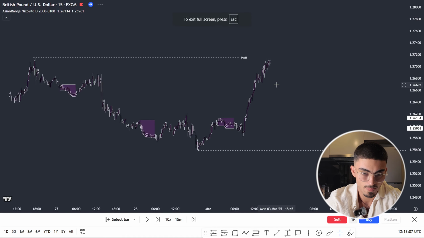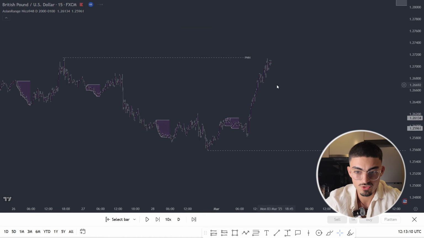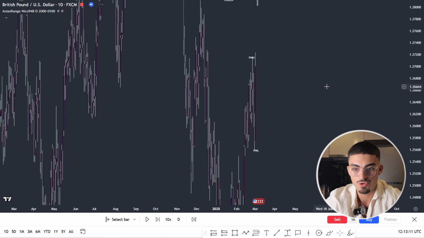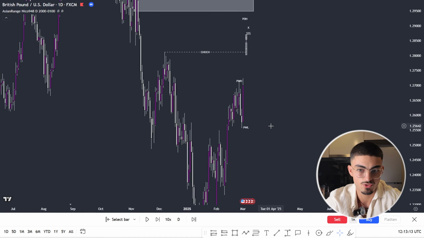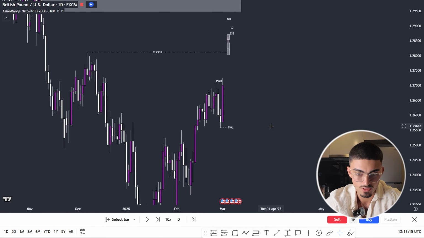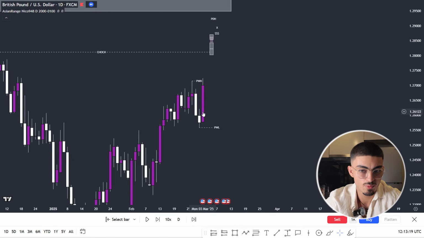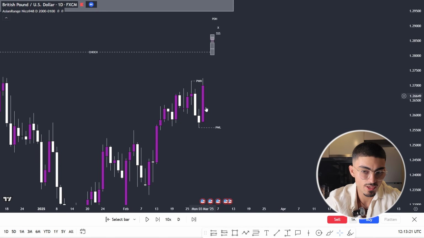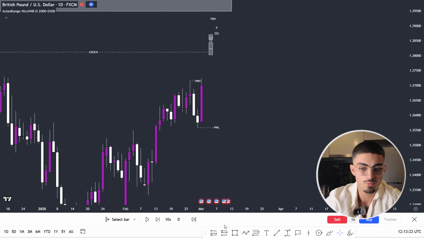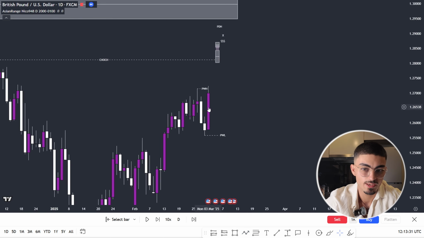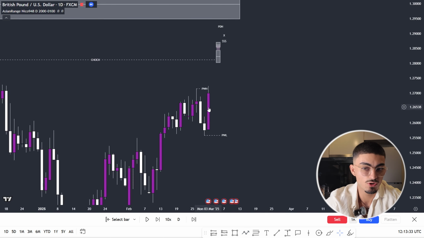Okay, so now, as you can see, let's always zoom out. Every single day, you always need to zoom out and always look at the bigger picture. As you can see right here, after Monday finished, it closed super bullish. And this for me was a red flag. If I was thinking we were going to go lower, maybe I was expecting a small pullback like this, but the fact that we were so bullish on Monday made me really cautious to look for sells